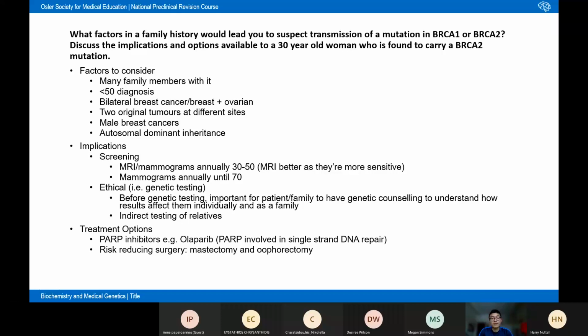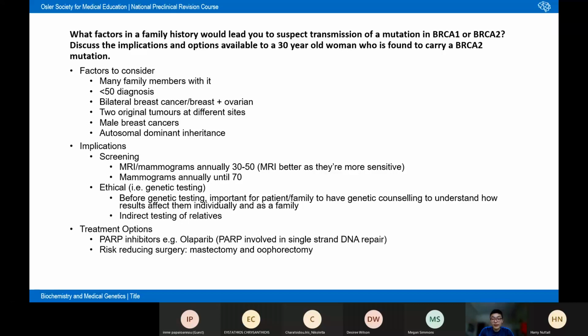And if you have a known positive result for, say, a BRCA2 mutation, there's a risk that there could be discrimination or problems, for instance, getting health insurance, although that shouldn't happen. It's something which quite feasibly could occur. And so, as you can see, the idea of genetic testing, both for the patient, but also subsequently for the patient's family, is a controversial topic, and it's good to be able to highlight the ethical sides of this